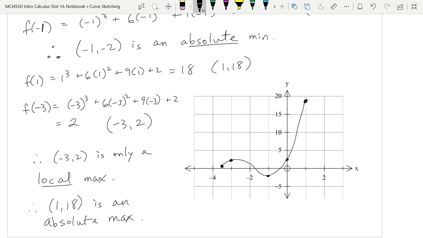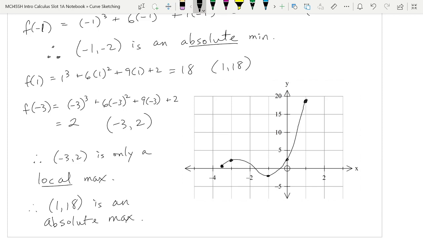There's our function, sketched without really doing a whole lot of work. We certainly didn't have to make a table of values. It's nice if we did know what these x-intercepts are, but I don't think that equation was factorable, so you'd have to break out some sort of cubic formula to figure that out. And if you want to kill an afternoon, feel free to Google the cubic formula. It's just like the quadratic formula, only way, way more complicated. So this is a fairly easy way to get a nice sketch for the function,